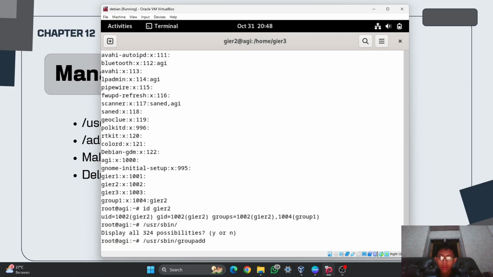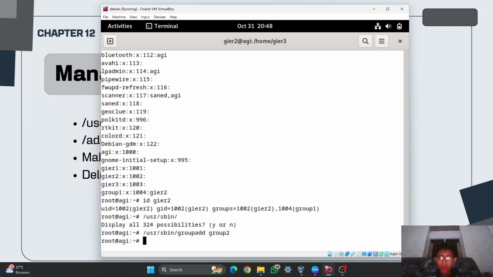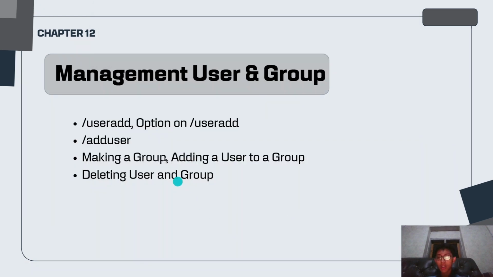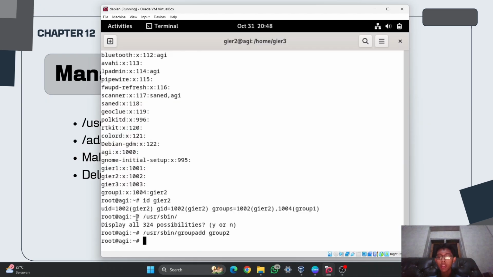I will make group 2. And for example, if I want to make this user GR2 into group 1 and then also group 2, maybe if I only try using this one, wait guys, /usr/sbin/usermod.